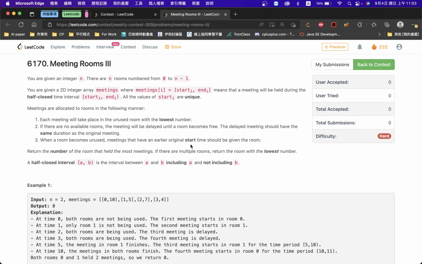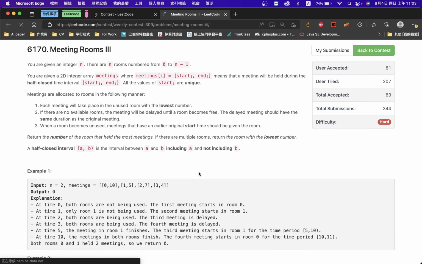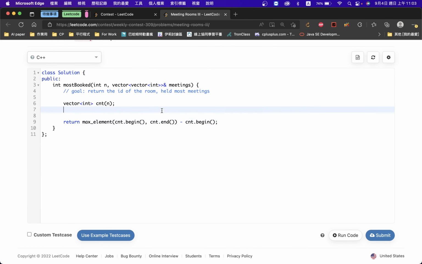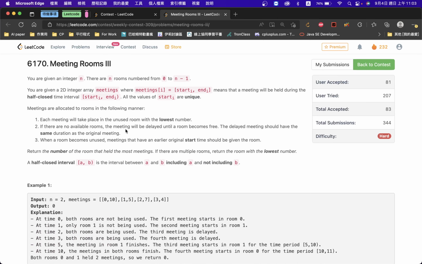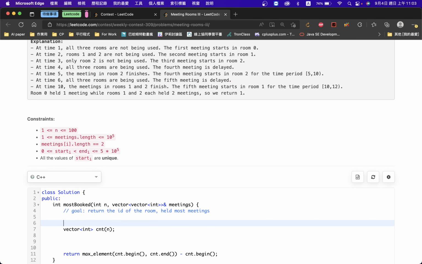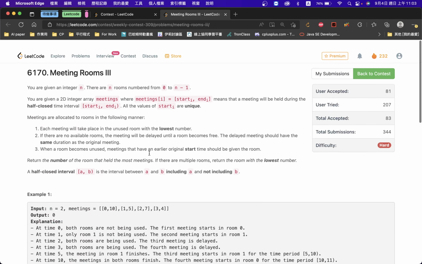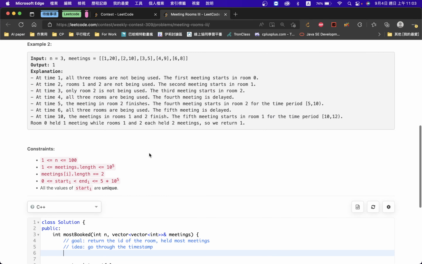Oh, get it out of the penalty here. So for each time step, idea is go through the time step. Go through the time step and then